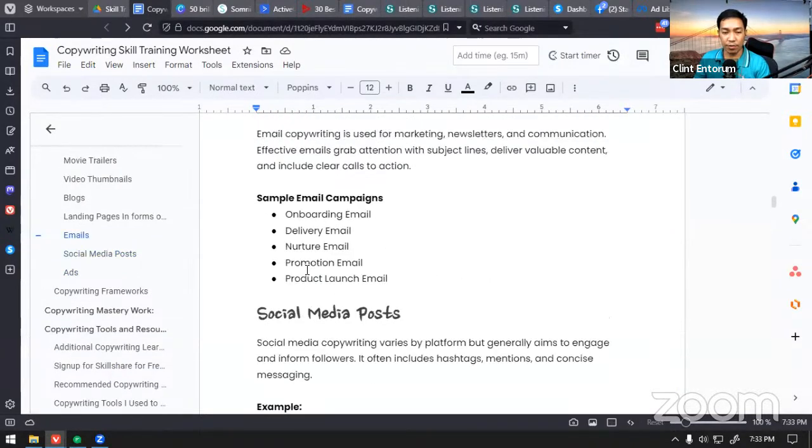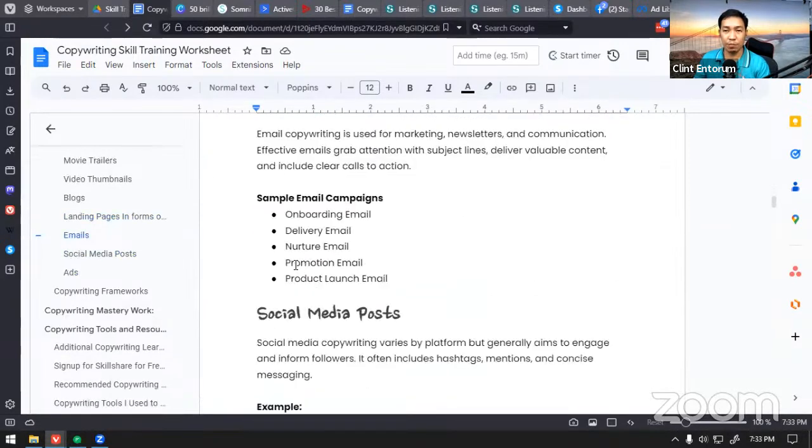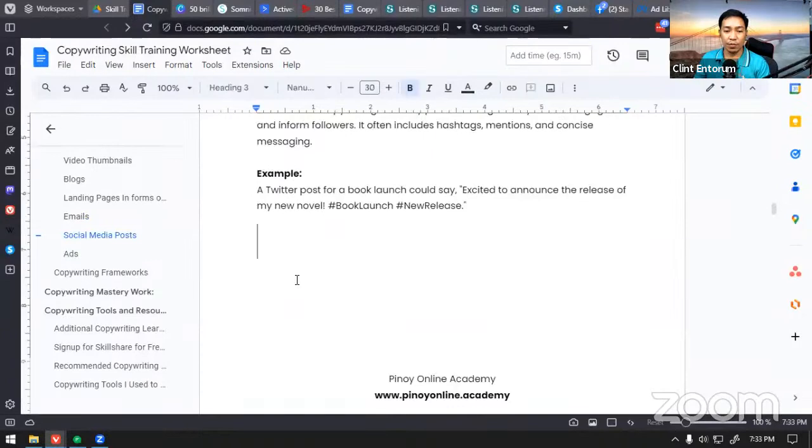There are more places where you could find copywriting. It's almost in everything, even in books. The books that you're reading contain copywriting in them. The way you're able to pick a book of interest is because of the wording displayed on the cover of the book, of course in harmony with the imagery or visuals that have been used. So that's where you could find copywriting. Let me know if that makes sense. That's copywriting.